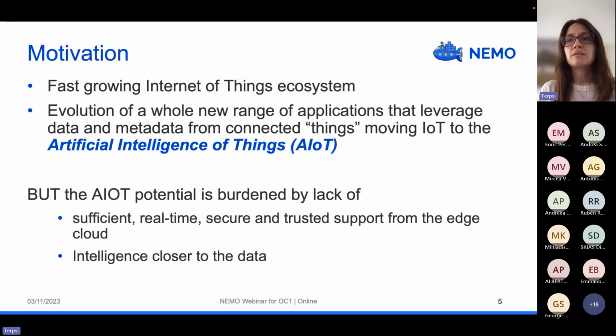At the same time, there is a very huge interest for bringing intelligence to any of these devices, but the burden here is that on one hand, there is insufficient support for seamless communication from edge to cloud, and this to take place in a real-time, secure and trusted manner. And at the same time, there are, of course, several efforts around bringing intelligence closer to the end user, but this has not been yet realized fully across the continuum.